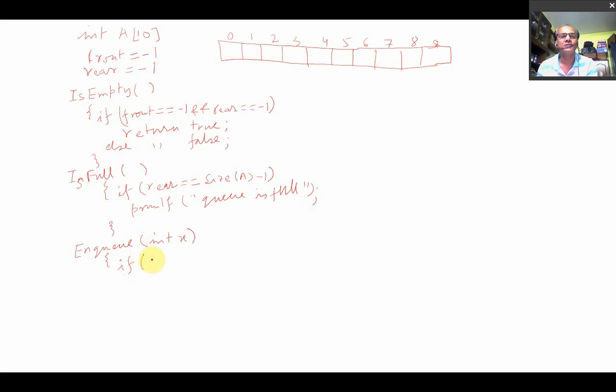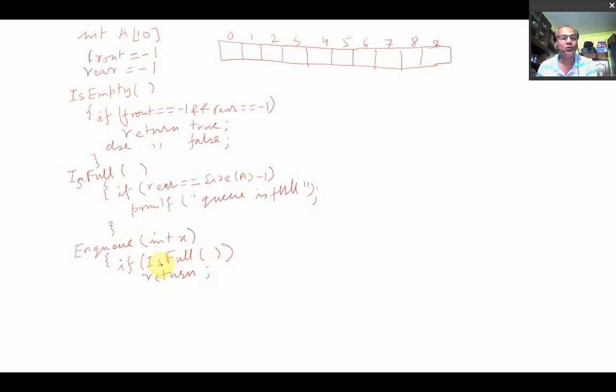So you have to check whether the queue is full or not. You have to do the function call is full, and if it is true, then return. That means no operations can be done, so no elements can be inserted here.